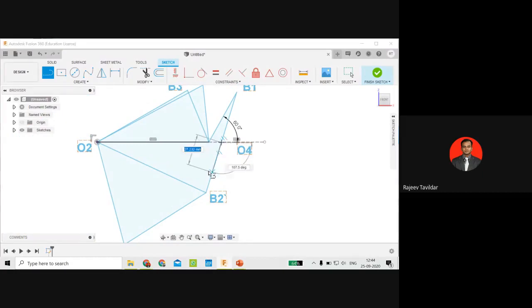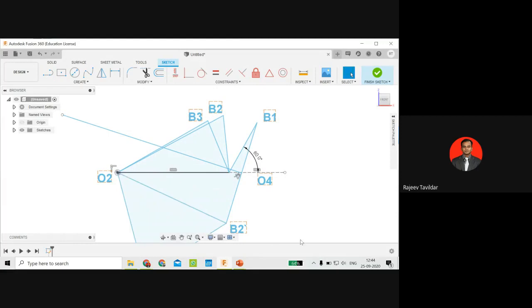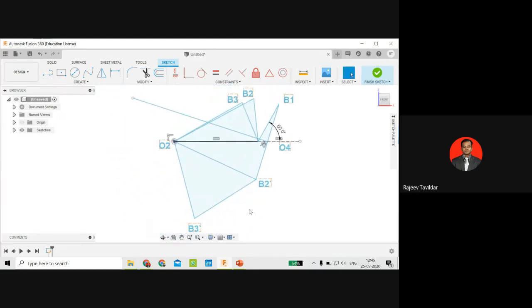Okay, this is the midpoint. And from here, I am going to draw the perpendicular line of some approximate length. This is my first line. The second line, I am going to find out, this B2 dash and B3 dash, and draw the mid normal here. From the center point, I am going to draw the perpendicular line in this fashion.